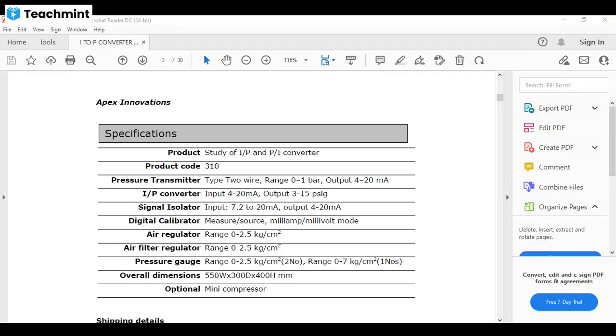So in the current to pressure converter, we give the input signal as 4 to 20 milliampere, and we also give a continuous supply of